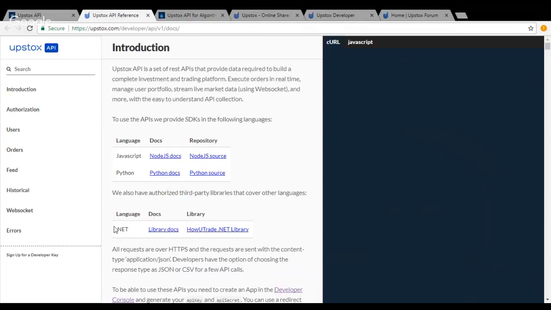Based on this .NET library, they have also built a kind of product which helps you trade and execute your strategies from Excel. If you are well versed with Excel and you want to use your strategies and trade from Excel, then it is possible through this .NET library. If you are new to this website, you can just go to